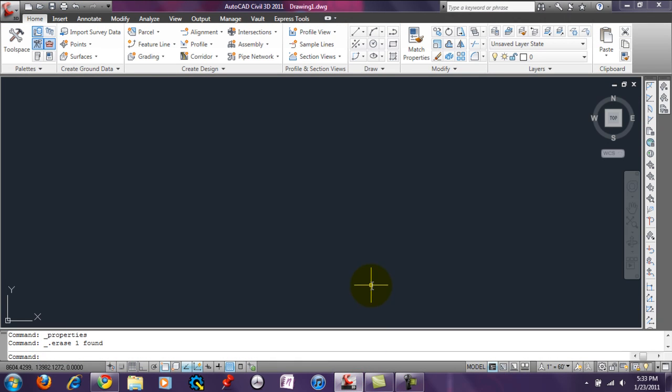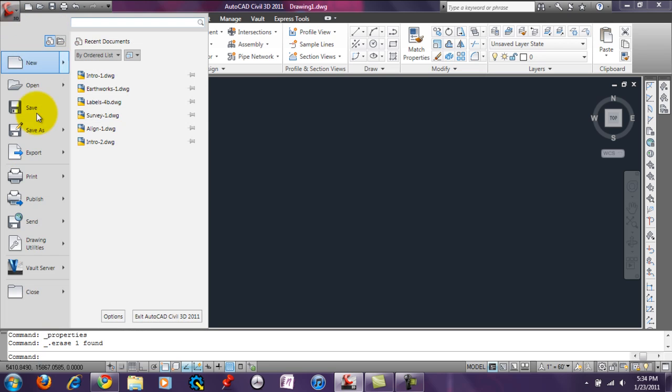So go into AutoCAD and notice that when you open AutoCAD, it automatically pulls open this Drawing 1. But we don't want to save it as Drawing 1. We want a new drawing name that's relevant to the particular project we're working on. If you use other software on top of AutoCAD, say Carlson or Eagle Point, they have a project management kind of system, but Civil 3D does not do that. So this is a fairly simple way to do it, and all you have to do is save it as,